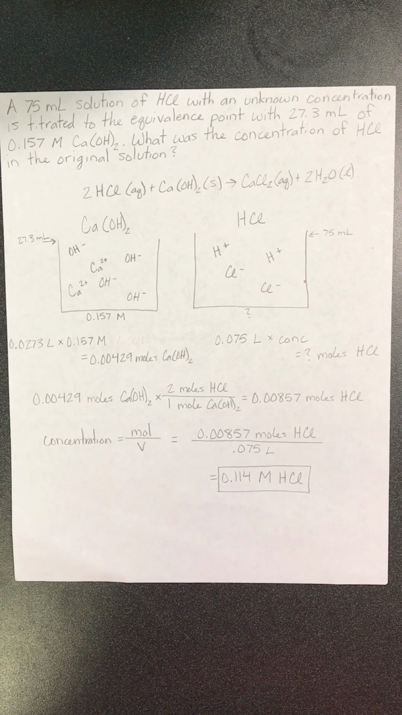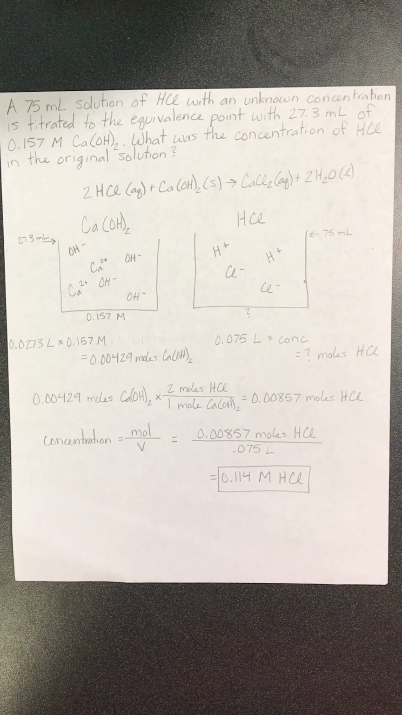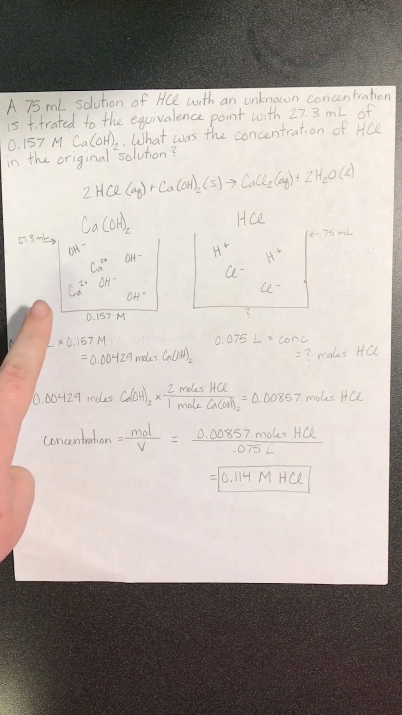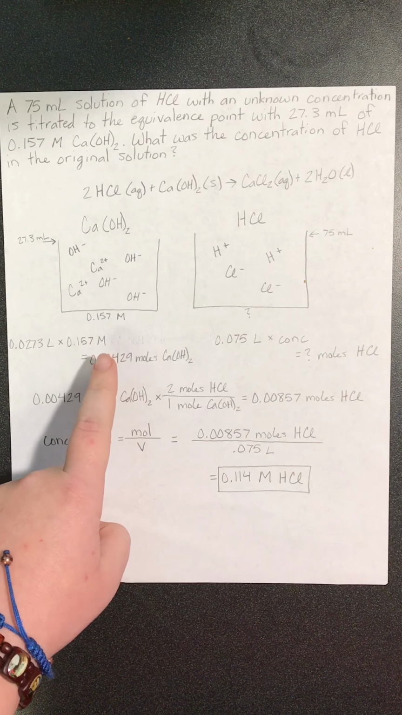The first step to solving this problem is to write out the balanced chemical equation, as you can see here. The next step would be to draw out a diagram. In the calcium hydroxide solution, calcium hydroxide is a strong base, making it a strong electrolyte, which means that it dissociates in water. You can also write that it has a volume of 27.3 milliliters and a concentration of 0.157